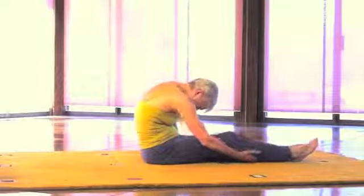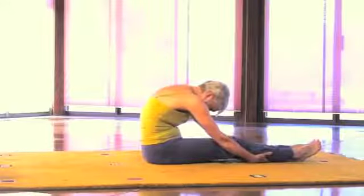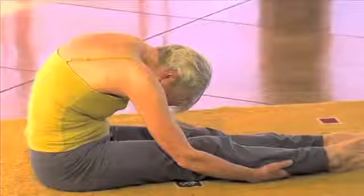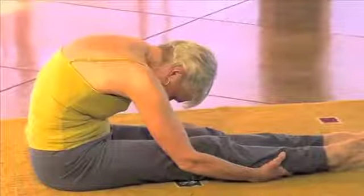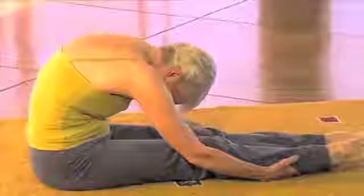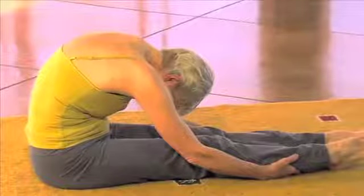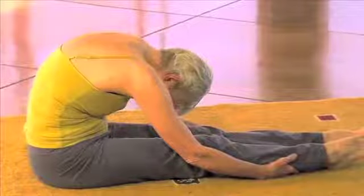And then I'm going to slip my hands under my legs, just reaching down however far I can go with my hands, and then just let my body drop forward. The weight of my legs is now holding me a little forward, so I don't have to pull, I don't have to grip with my hands. I'm just letting the weight of my legs keep my weight forward. Head stays dropped over, whole body stays relaxed, the elbows are relaxed,